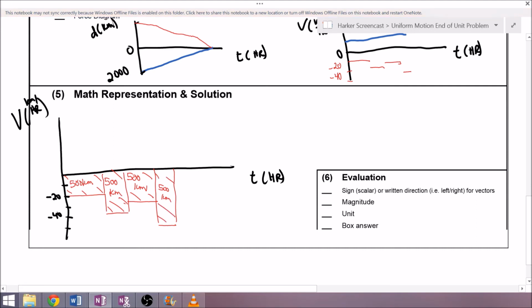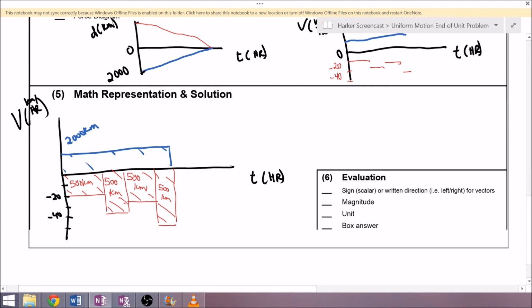And by the same token, for the blue sub, we don't know how fast it's going right now, but we know that it has to travel the same amount of time. And we know that the distance of this one, I'm going to write up here, is 2,000 kilometers, the full trip that it goes. So if we can figure out the time that it took the red one to complete its full motion, then it's going to be relatively easy to figure out how fast the blue one needs to go to get there in that same amount of time. And so to figure out the times